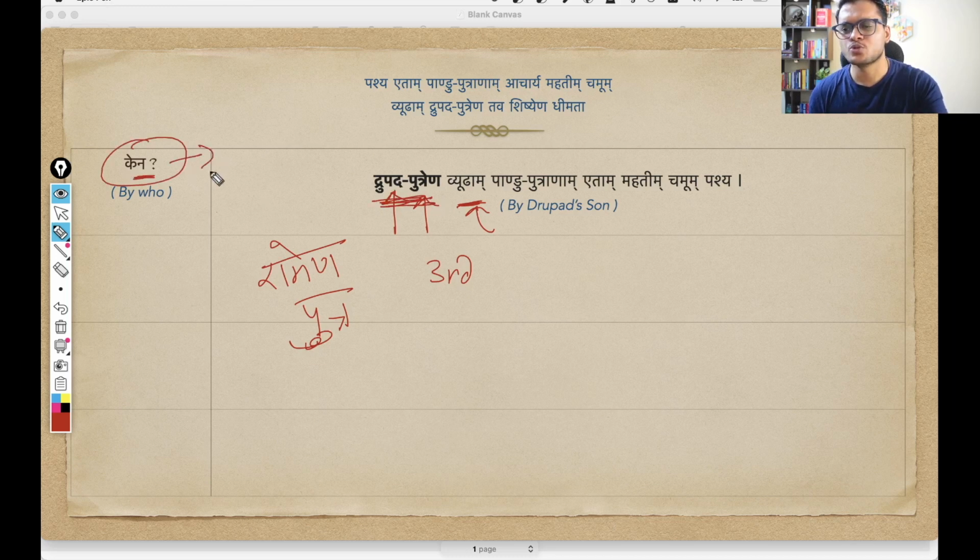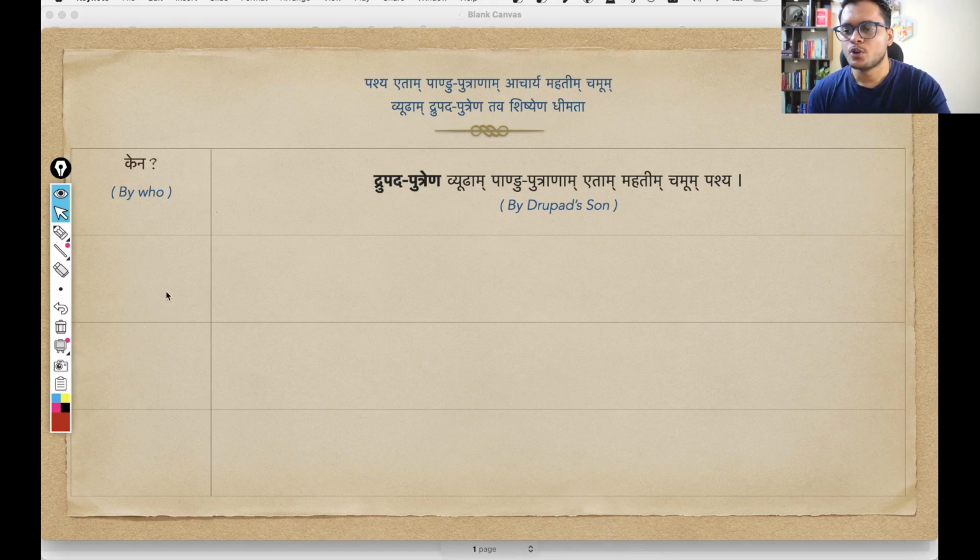Again, all these pronouns, don't get confused by them. These are just to create context. Who, as we just saw, is denoted by the base Kim. And in third form it becomes Cain, because we want to ask by whom. Don't worry about these words. They are just to help us create a context.